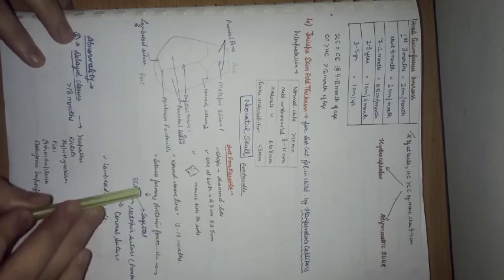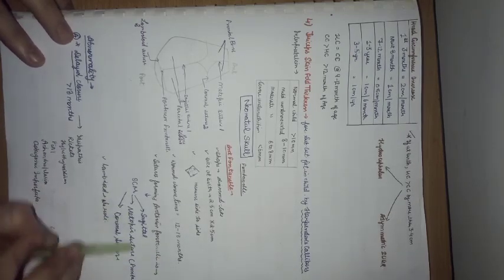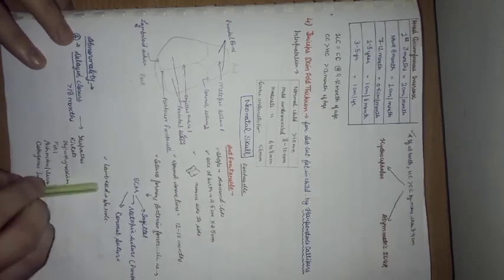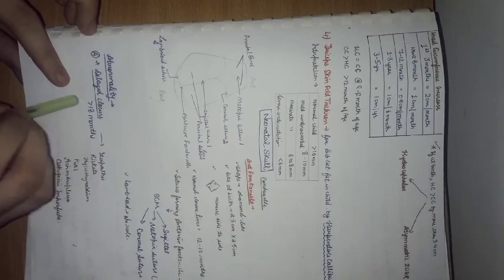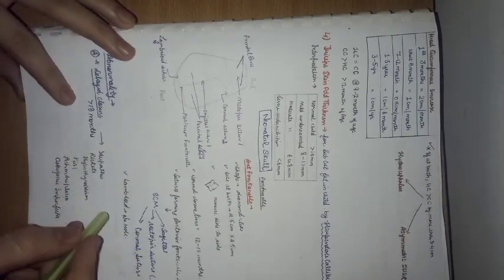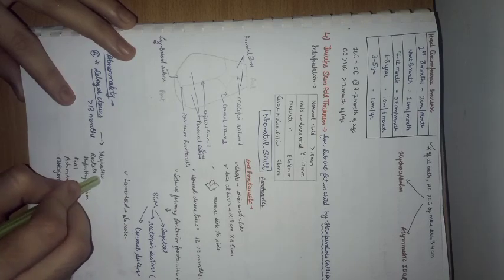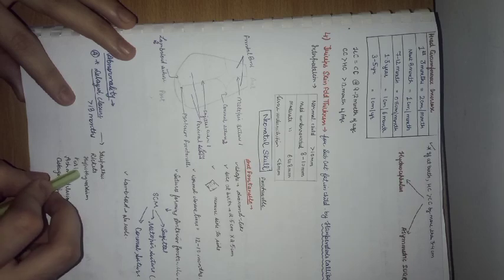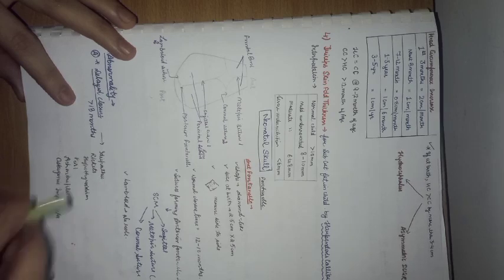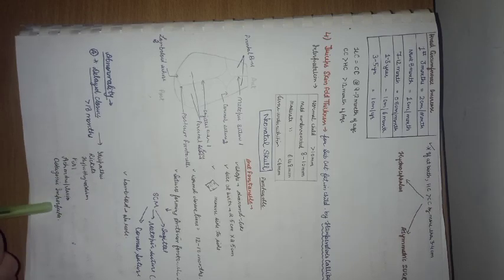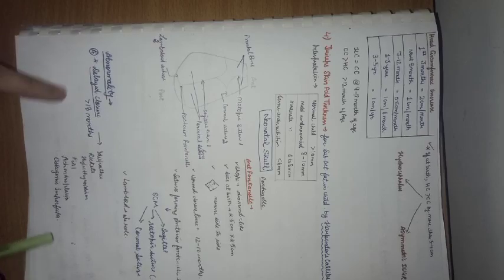Normal closure time होता है 12 to 18 month. और suture जो form करते हैं उसका mnemonic है SCM, which will be sagittal, metopic suture and coronal sutures. Lambdoid suture is not involved in the fontanel. Abnormality क्या होगी, if there is a delayed closure, अगर late closure हो रहा है more than 18 months के बाद close हो रहा है तो idiopathic cause हो सकता है, rickets हो सकता है, hypothyroidism हो सकता है, PEM हो सकता है, and then there will be achondroplasia and osteogenesis imperfecta will be the causes if there is a delay in the closure of the anterior fontanel.